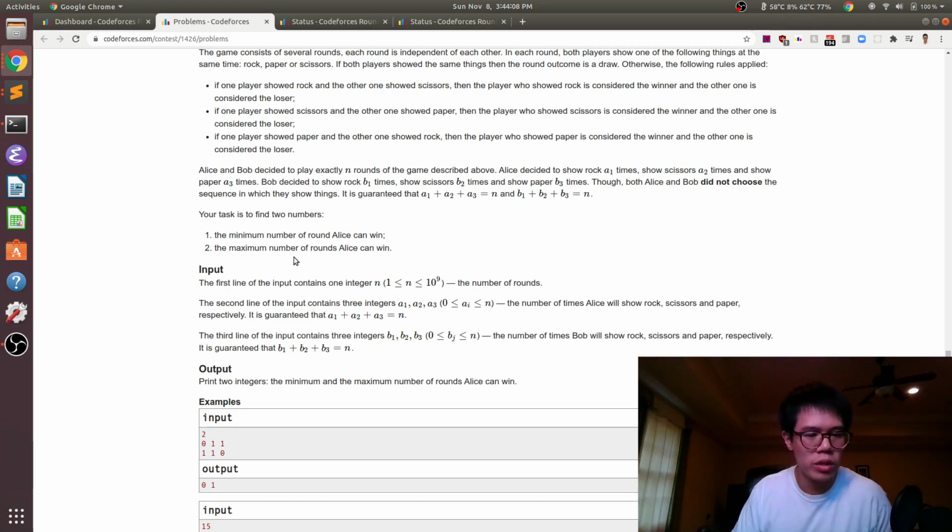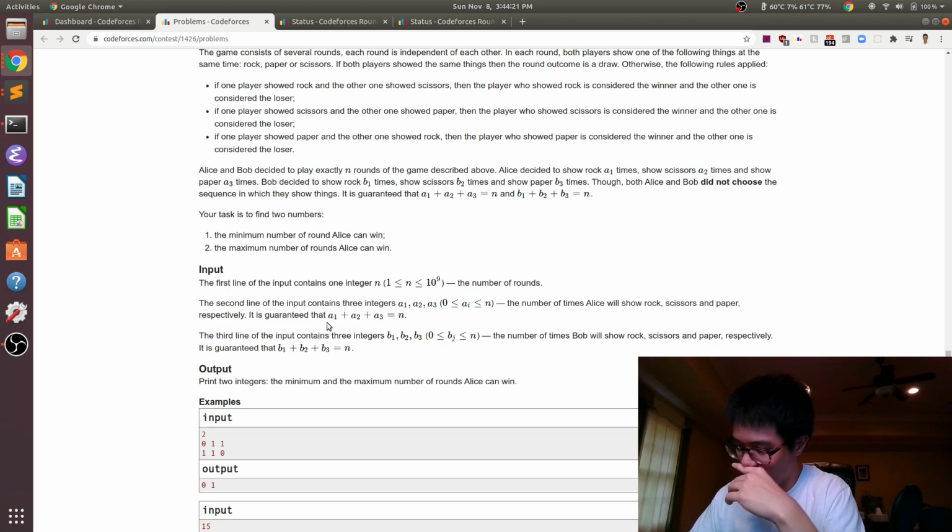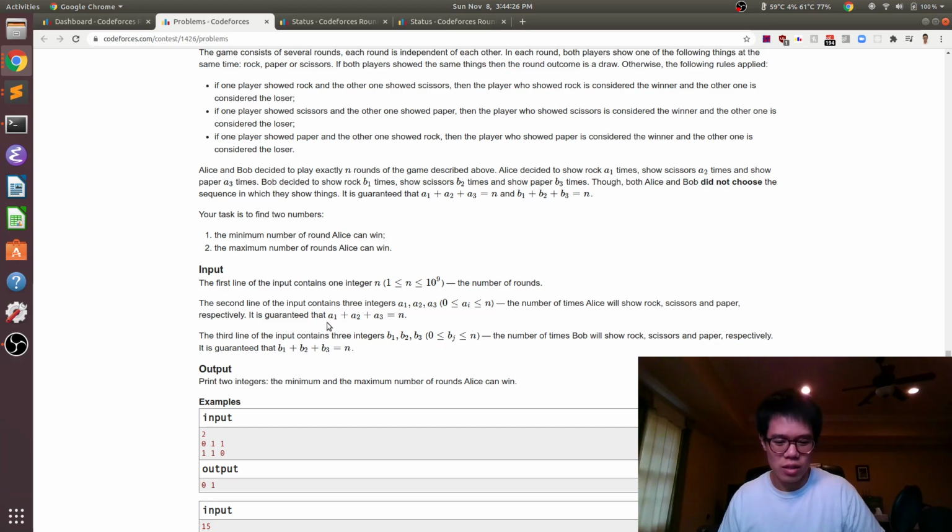Okay, so actually maybe we can solve maximum first. I feel like that is a little easier. Well, one silly thing we can do for maximum is a bipartite maximum matching problem where Alice Rock connects to Bob Scissors, Alice Scissors connects to Bob Paper, and Alice Paper connects to Bob Rock. Right, and so if we just find the maximum number of matchings in that graph,